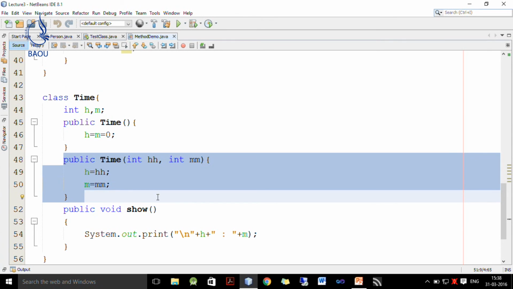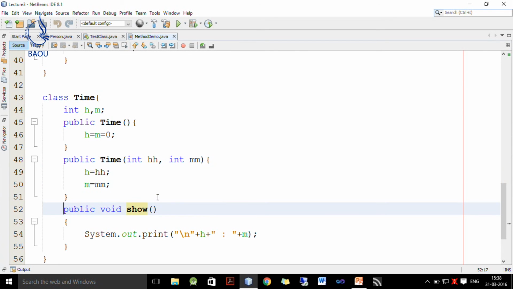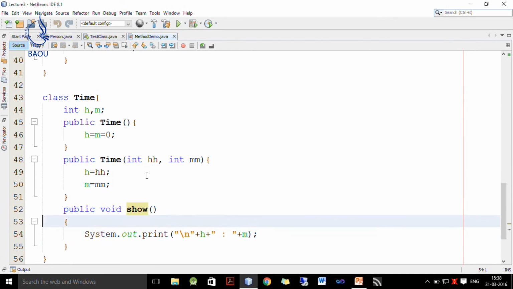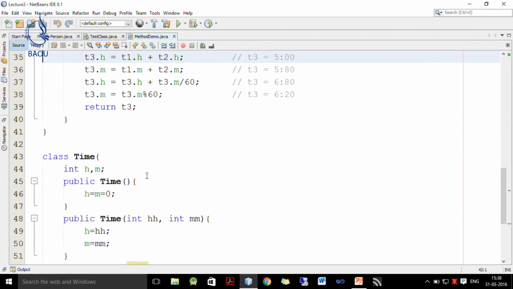So, here h represents hour, m represents minutes. So, h is initialized with h and m is initialized with m, and this show function just displays our time in hour colon minute format. So, show just displays the values of h and m which represent hour and minute. So, I hope this Time class is clear for you.